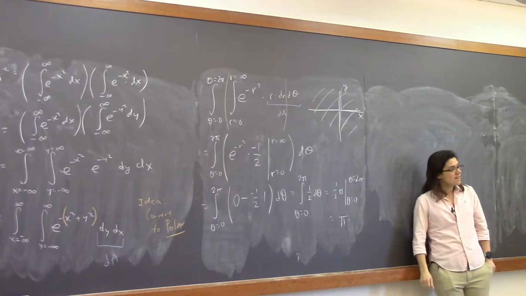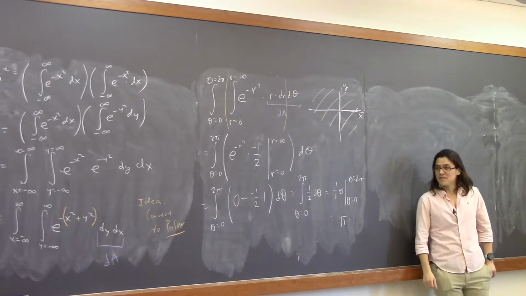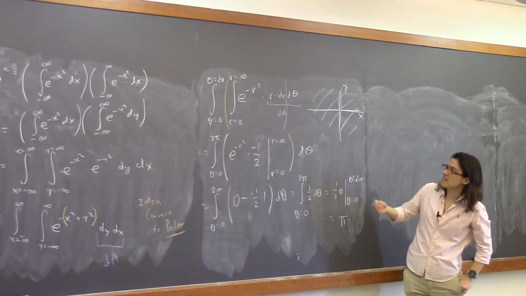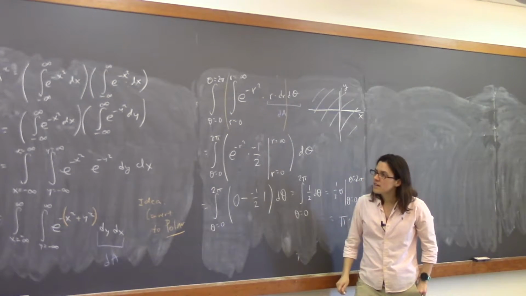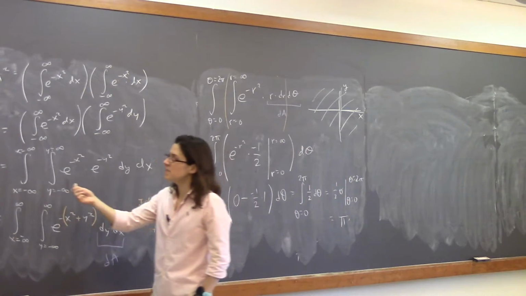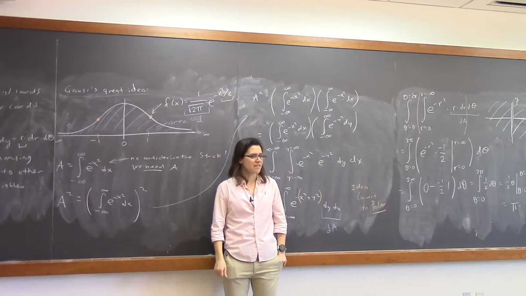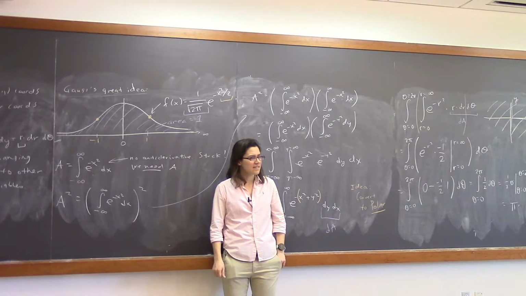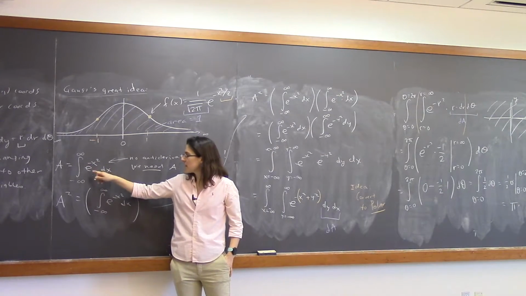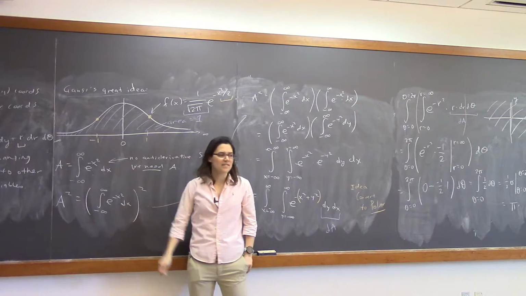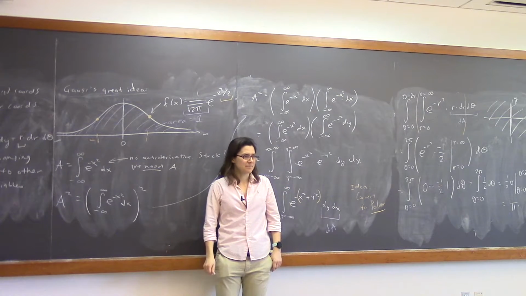Whoa! Where did pi come from? Once we convert it to polar, of course, it's not surprising that pi might show up, because our theta goes from 0 to 2 pi. But think about back with this bell curve. Did you expect pi to come in? I think it's very unusual, like unexpected, that if you're integrating e to the negative x squared from negative infinity to infinity, pi comes up.